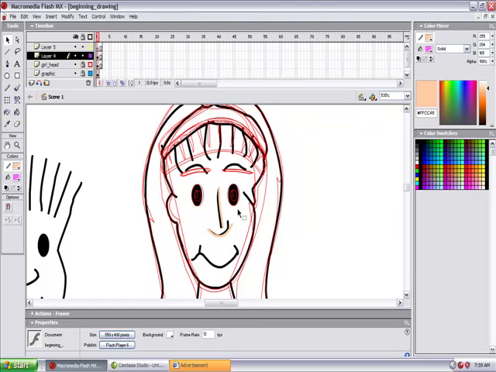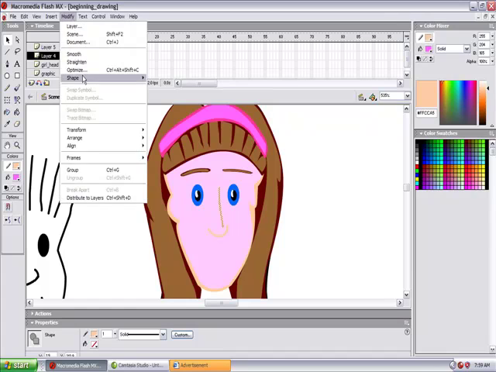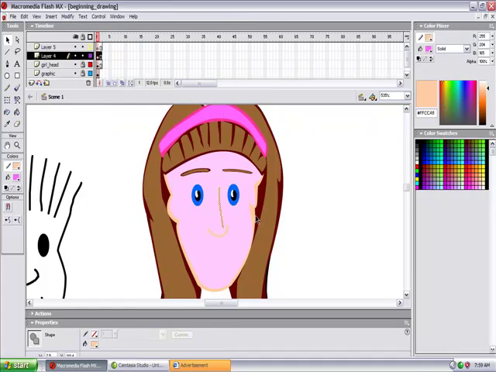Okay. If we were making a nose, we'd actually build the nose. Okay, let's be very specific there. For this purpose, though, we're not going to worry about it too much. When we do it in the advanced Flash class, you're going to actually go in and build the nose so that you can animate it. In this case, we're just going to create a fill line, because I'm going to come in here,